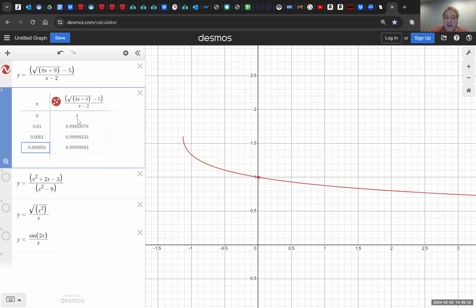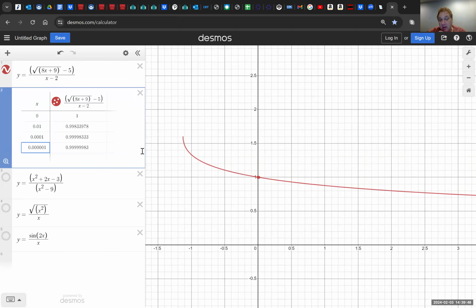And you can see the y value. Let's ignore this top one right now because that's the exact value at zero. So 0.01 is 0.998. When I get closer to zero, I have 0.999998. And when I get even closer to zero, you can see they're almost all nines, right? As I keep doing this, I can see that it appears that these values are getting closer and closer to one. And we can even see that on the picture that all the dots here are getting closer and closer